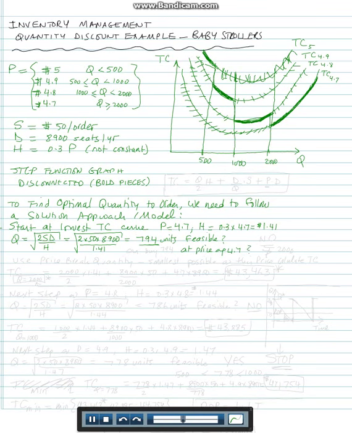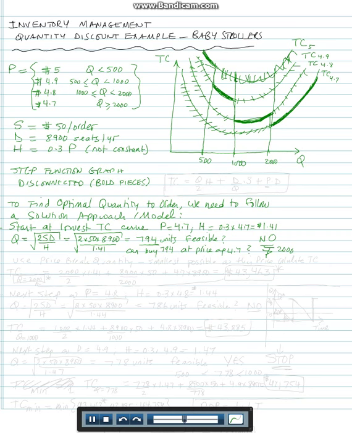Can you buy 7,894 at the price of 4.7? No. I have to buy 2,000 or more to get the price of 4.7. That's what the price schedule says. That's what the graph says. So, no, it's not feasible. If it's not feasible, because it's not greater than 2,000, then I will have to use